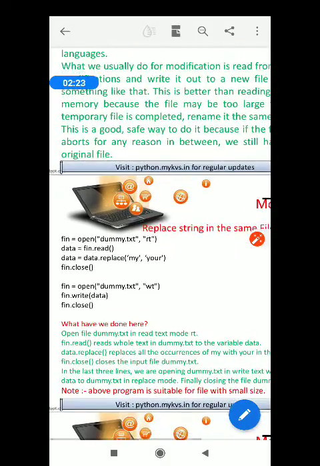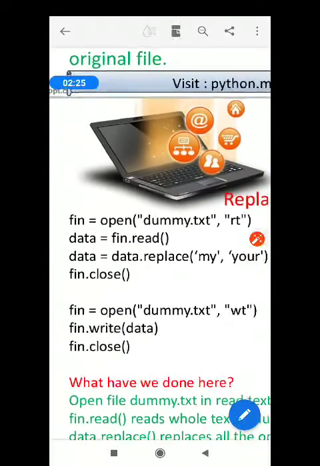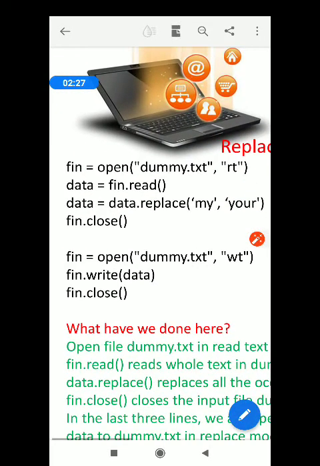So say we have a text file called dummy.txt. Open that dummy.txt in read mode. It's not RT, please see, this is not RT. Just write R for read mode.